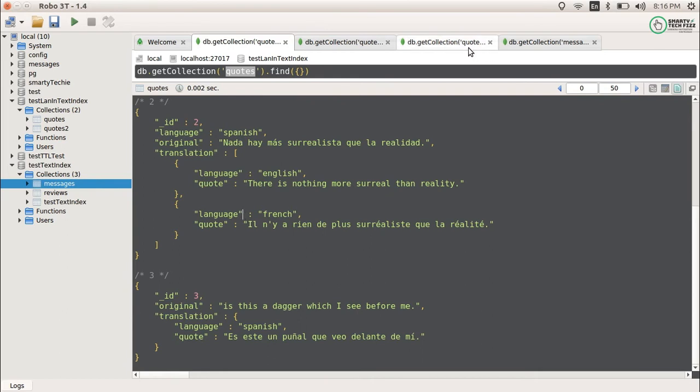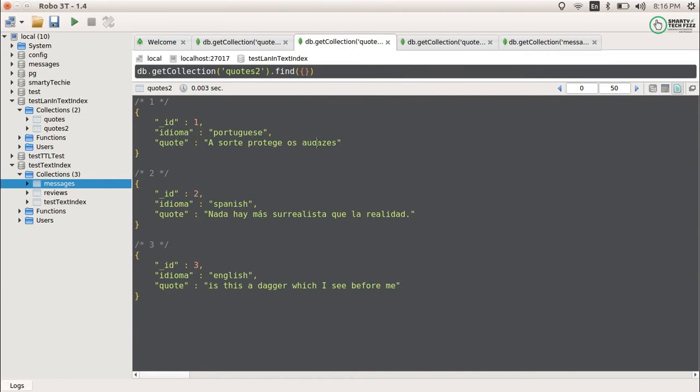Now see, there's another example. Here I haven't provided a language keyword, nor have I provided any default language. So how will I know whether this is Portuguese, Spanish, or English? We can provide it using any type of key, but you have to tell the text index that I am not using a language keyword, but a different keyword which you can grab to know which language I am using. How will you do that? You just need to use the language override keyword.